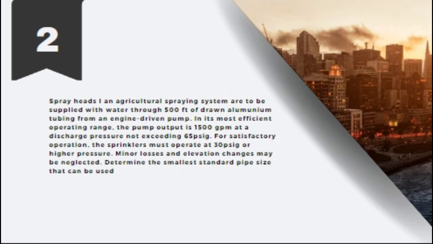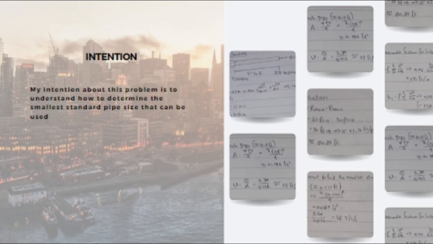So for satisfactory operation, the sprinklers must operate at 30 psig or higher pressure. So it cannot be lower than 30 psig. The minor losses and elevation change may be neglected to determine the smallest standard pipe size that can be used. So the intention is to understand how to determine the smallest standard pipe size that can be used,